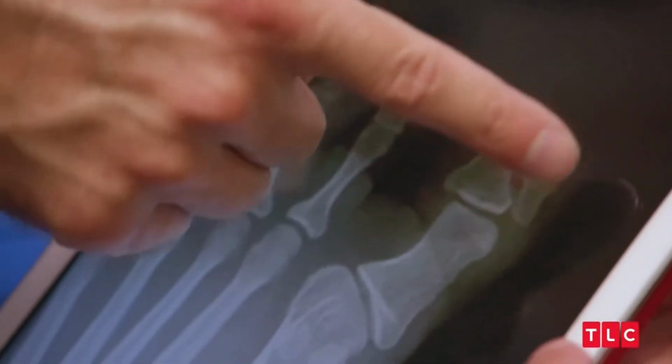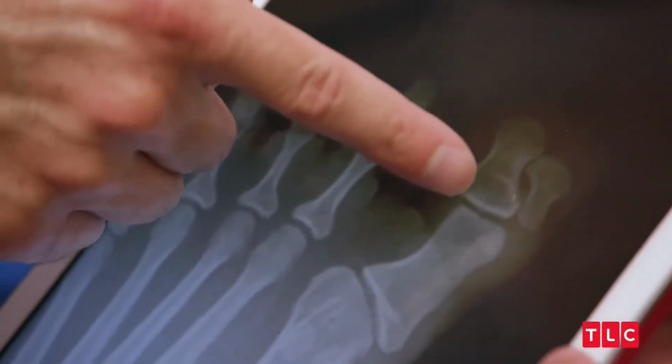There's a clear line. It's not connected to the main bone. So what I feel like...